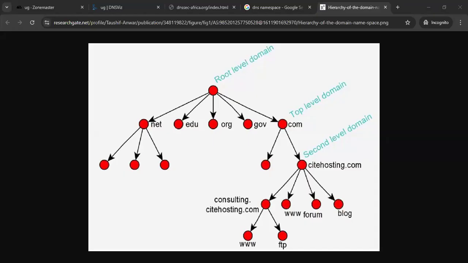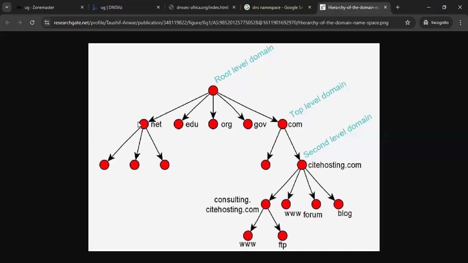So when you look at the root, this is the topmost level. This is actually the root. That's where it goes downward. When you look at this,